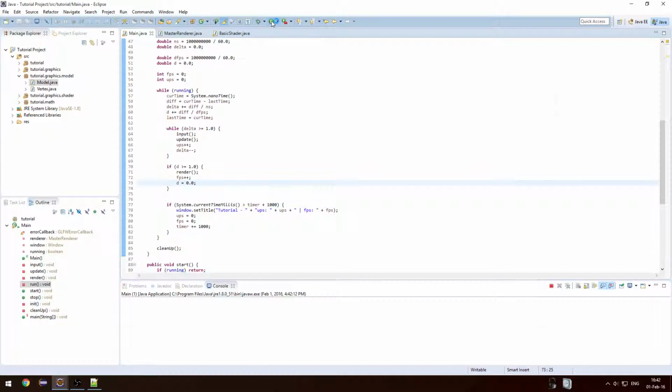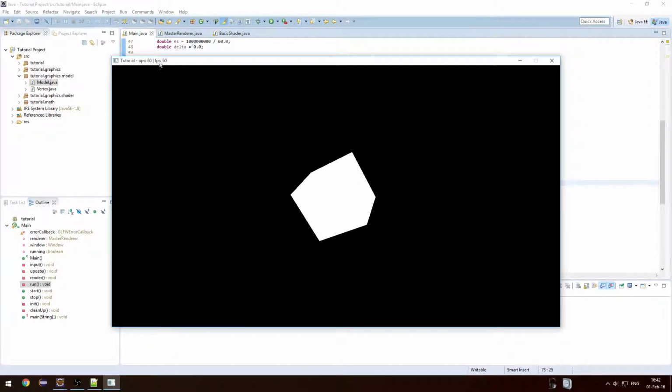So let's run, and as you can see our FPS is nicely capped to 60, and I'm going to take my headset off for a second and listen if my computer is a lot more silent. I'm going to take it off for a few seconds. Well, I do have to say it's not roaring as bad as it was before, so that's a huge